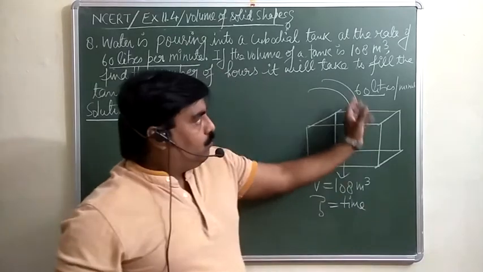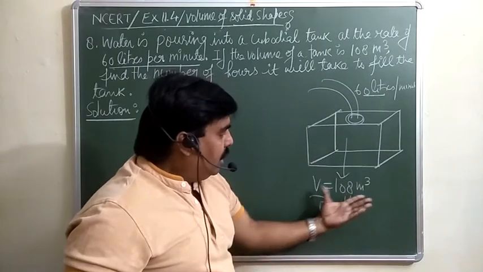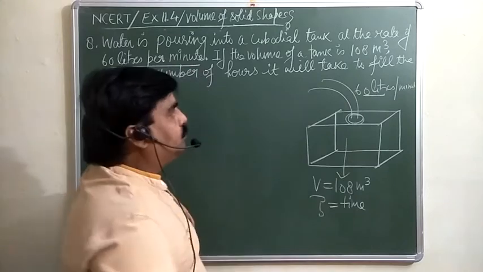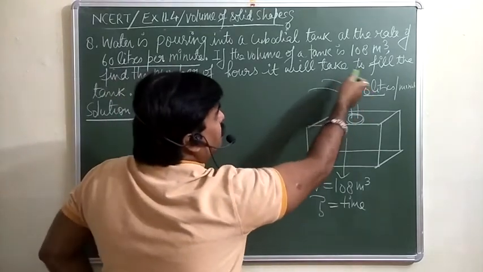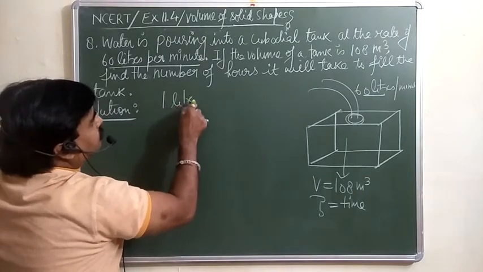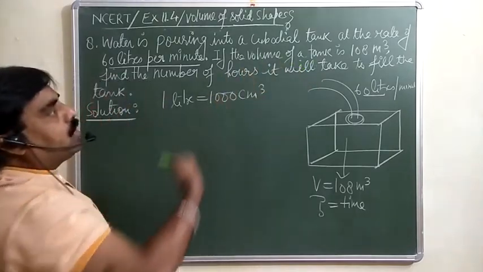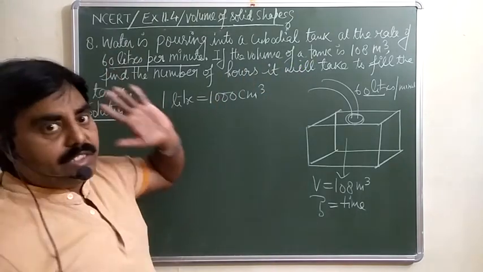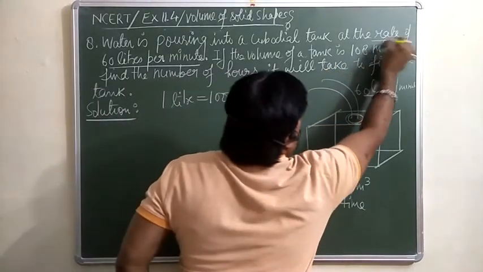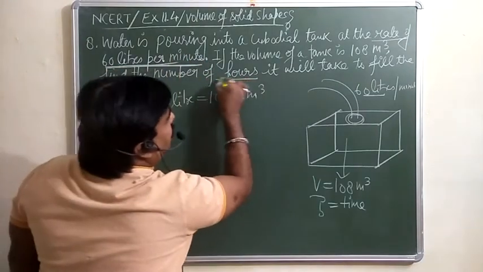The water falling, जो water इसके अंदर गिर रहा है वो with this speed, 1 minute में 60 liter water fall होता है इस tank के अंदर. The volume of the tank is already given. Now question is how much time it will take to fill this one only. See, simple is here only, because for calculation we know that 1 liter is equal to 1000 centimeter cube. So we will try to change the meter cube into the centimeter cube, for own convenience. अब देखिए question. What is it saying? The rate of water which is falling with this speed, we want to know how many hours it will take.